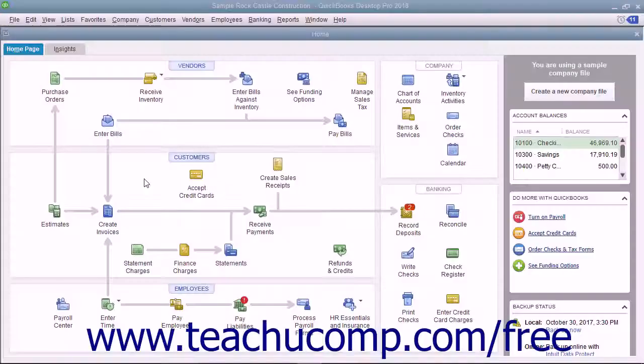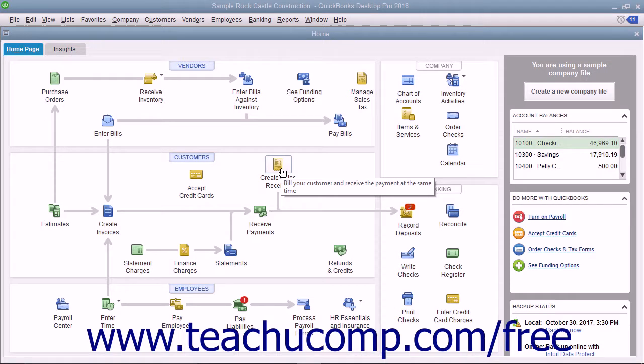When you sell anything for your company, you have to fill out one of the sales forms in QuickBooks. The sales form you use depends on whether you expect payment in the future or at the time of sale. If you expect to be paid in the future, you fill out an invoice for the sale. Later on, you will match the customer payment you receive to the associated invoice. However, if you take full payment at the time of sale, you will instead fill out a sales receipt to